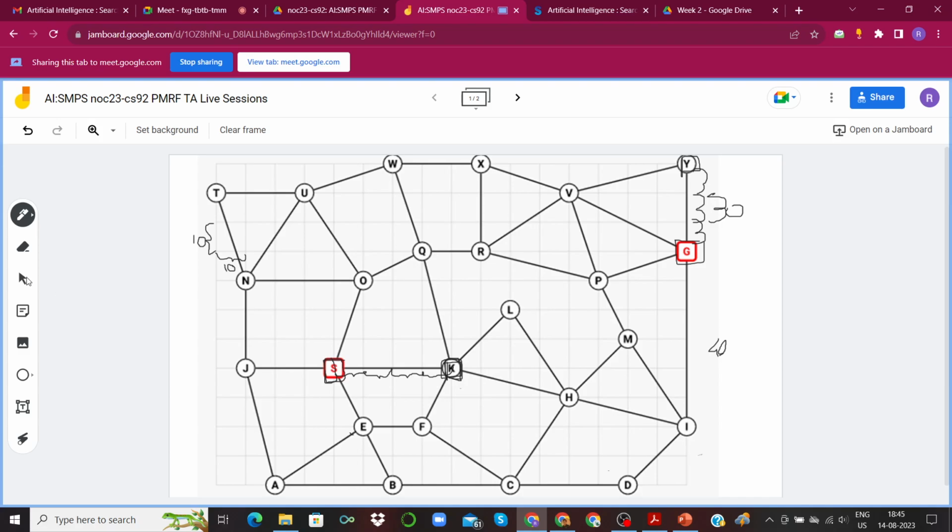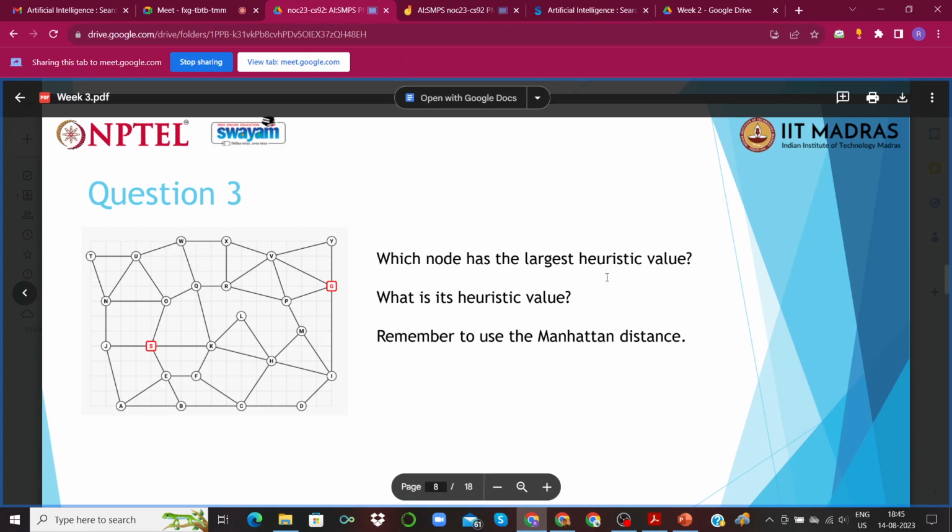But when we are defining the heuristic value, we are going to define all of them with respect to a particular node, because that will make it easy for us to decide which node to go to once we are at a particular node. Okay, so let's get back to the question.